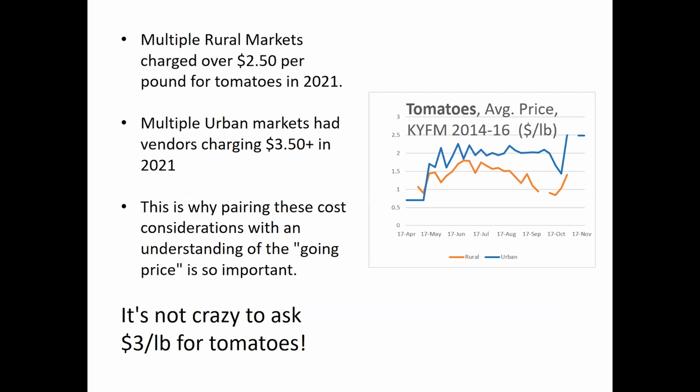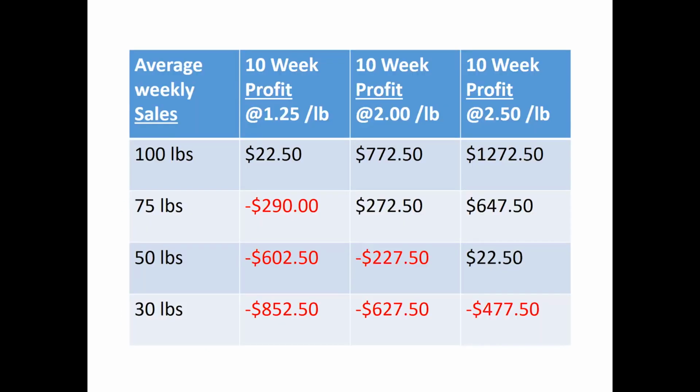Could I just interject one thing real quick? If you could back up to that last slide. Just a couple of things that I'm taking away from this: that far left column, 100 pounds, 75 pounds, 50 pounds, 30 pounds, that's average weekly sales. So if you grow 100 pounds a week, that doesn't mean that you're necessarily going to sell 100 pounds a week. And what I see here is that slight adjustments up in prices, in addition to just ensuring more income if you sell the same amount no matter what,